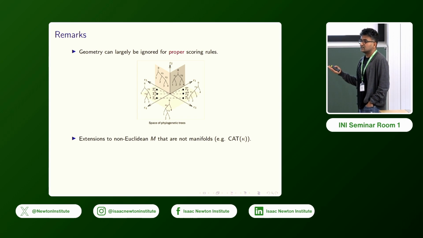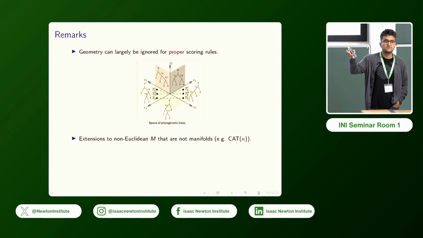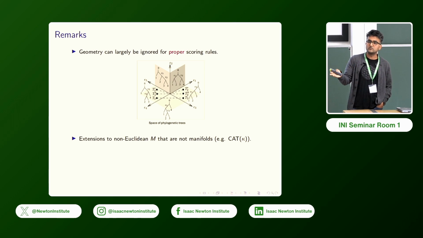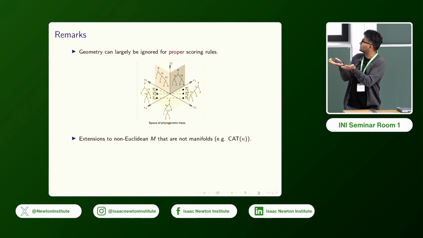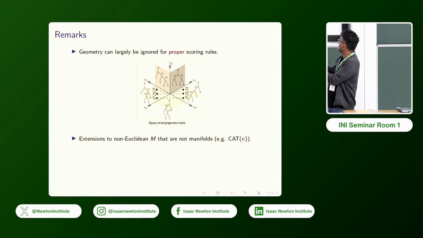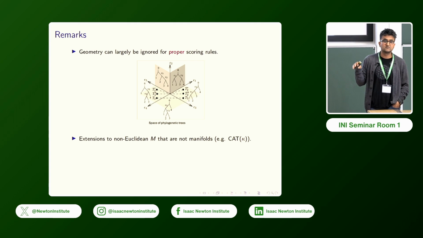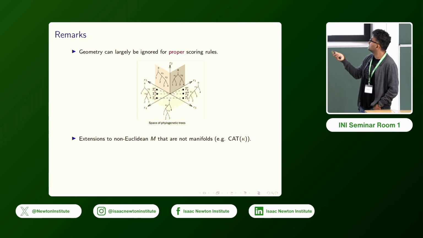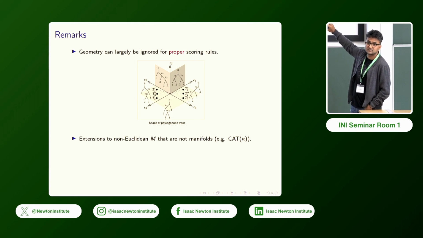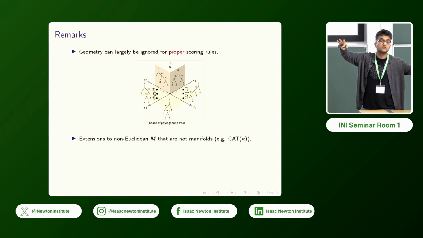You can extend this kernel business to non-Euclidean spaces which are not manifolds, which are like stratified spaces, which have singularities. There are many pieces. Each piece in itself is a manifold, but they're glued together on their common boundaries in some way. A common example in statistics is the geometry of phylogenetic trees on a fixed number of leaves. It's a stratified geometry. This is a section of the space. This is not the entire space because the whole space can't be embedded in either R3 or R4.